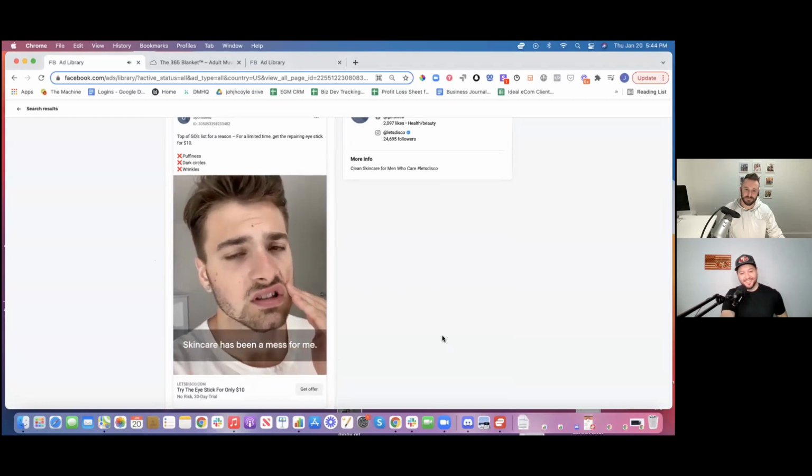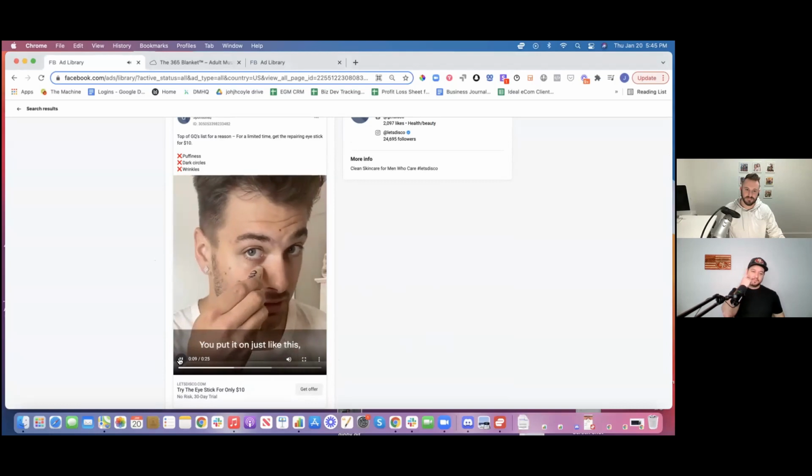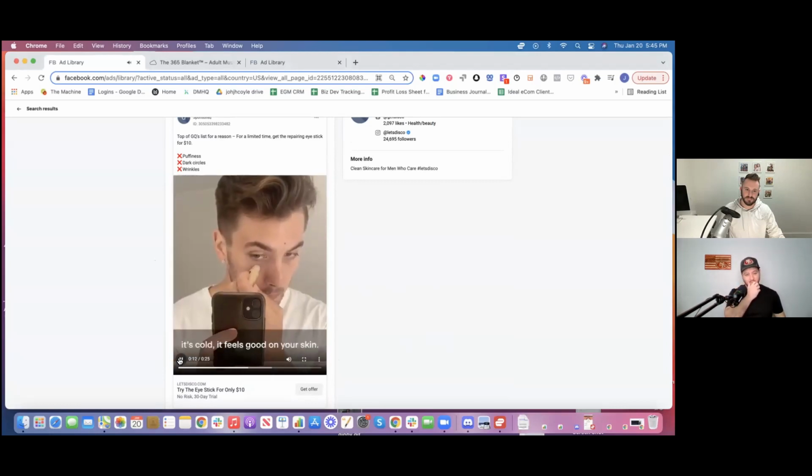Skincare has been a mess for me. Disco makes it nice and simple and easy. Here's the Disco eye stick. Put it on just like this. It feels super hydrating. When it gets cold, it feels